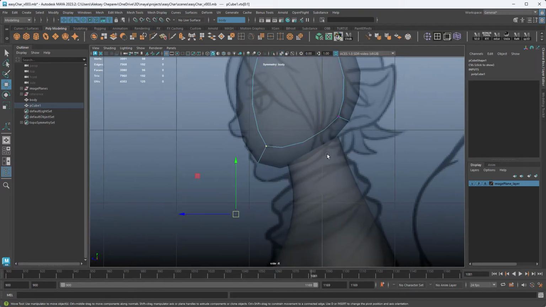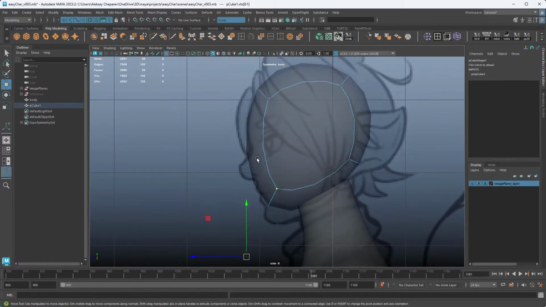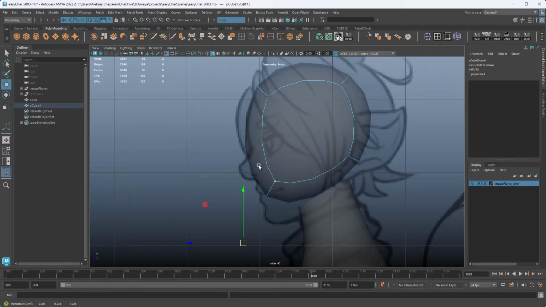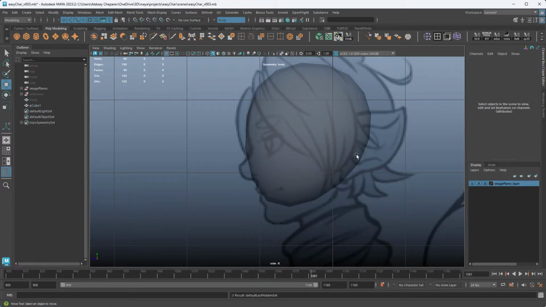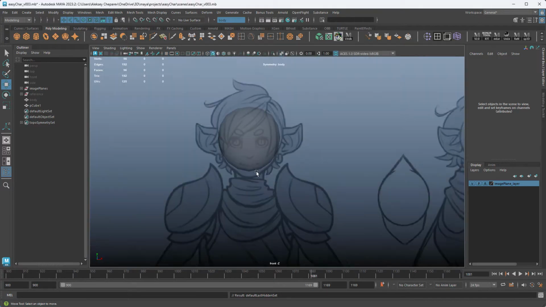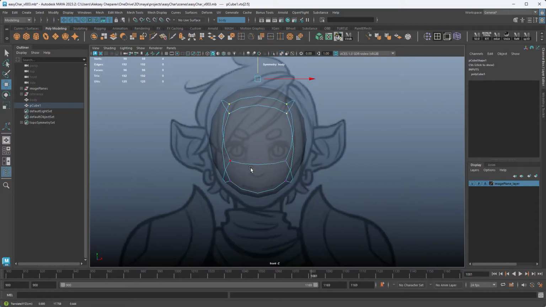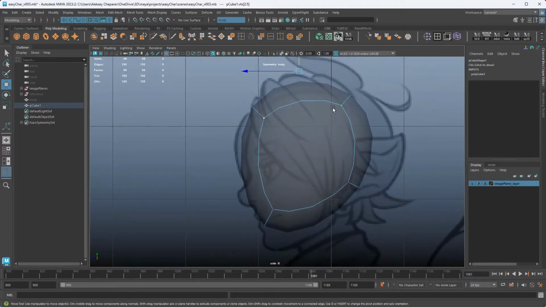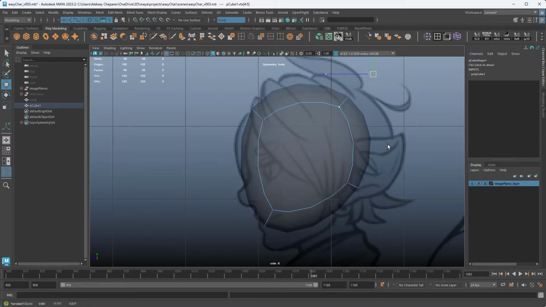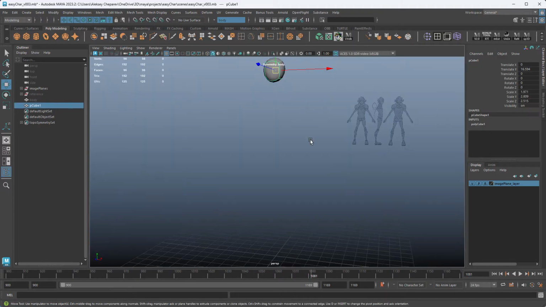Now, the chin drops down below the sphere of the head, right? So we want to make the sphere slightly above that. We're just going to hide the body so we can see, because the chin comes up like this and then the back of the skull comes out. So we'll just shape it this way here. In the front, it looks a little taller than in the back, and that's okay. We'll just compromise.